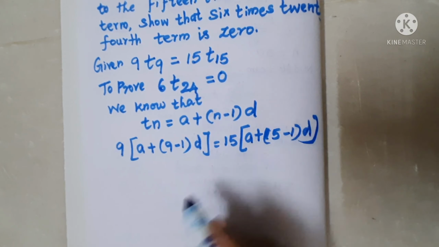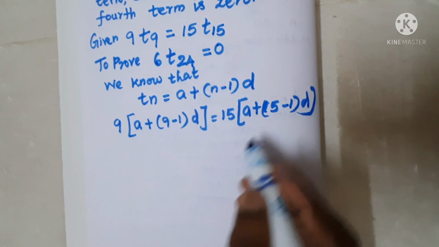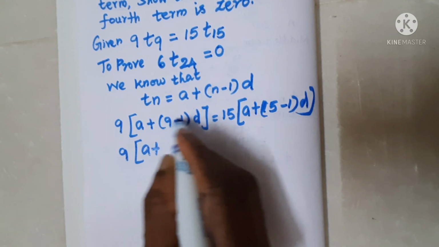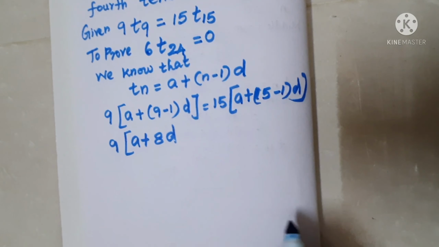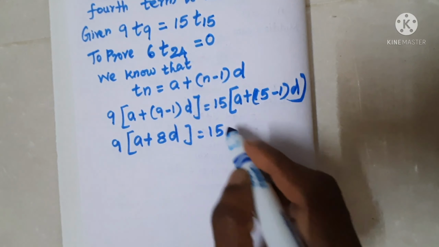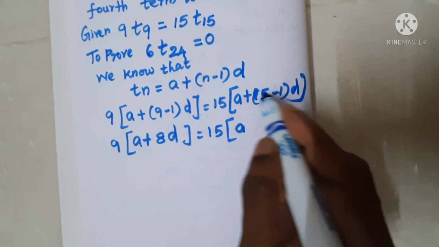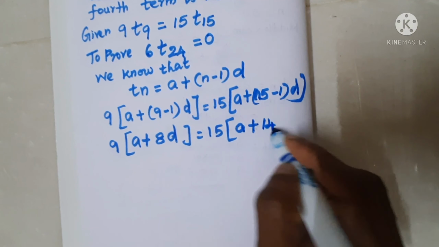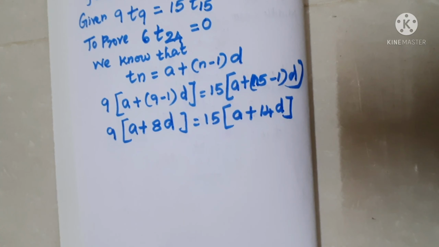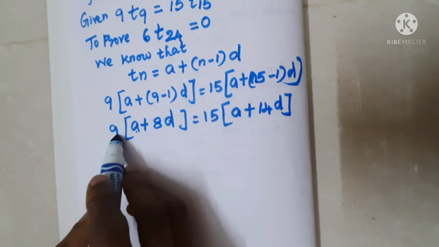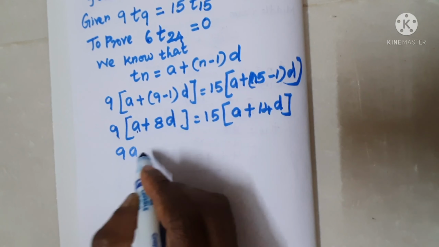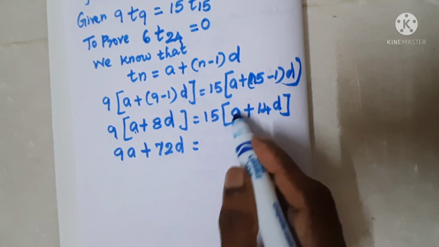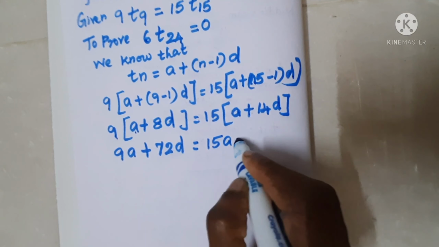Now you have to find out the value. You see 9 into a plus 9 minus 1, that is 8d, equal to 15 into a plus 15 minus 1, that is 14, so a plus 14d. Now you remove the bracket. So multiply with 9 on the left hand side: 9 into a, 9a, plus 9 into 8, that is 72d, is equal to 15 into a, 15a, plus 15